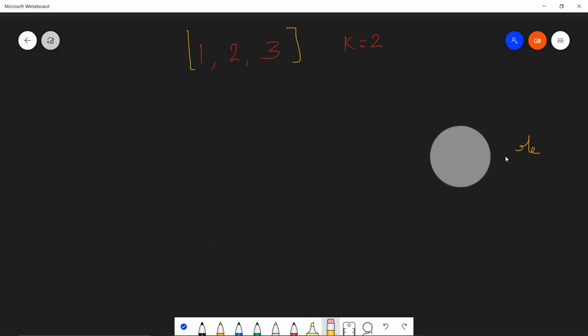So we have n equal to 3 and k equal to 2. Let's break this problem down, right? What would happen if I fix the first stick in the first position? What would happen if I fix the second stick in the first position? And what would happen if I fix the third stick in the first position? So let's actually visualize what will happen. Let's say I'm fixing 1 in the first position, and now I'm left with 2 and 3, right? These 2 and 3 can be arranged. This one would be visible to us because it's the first stick and it's the smaller stick.